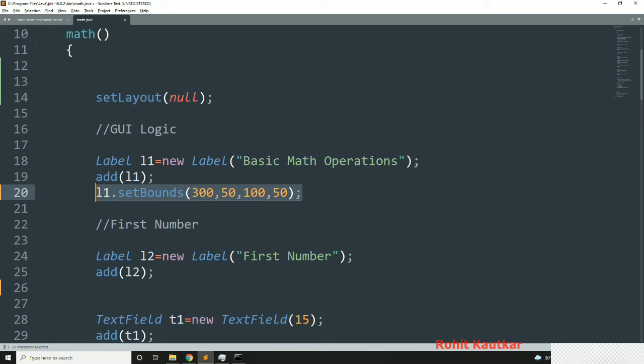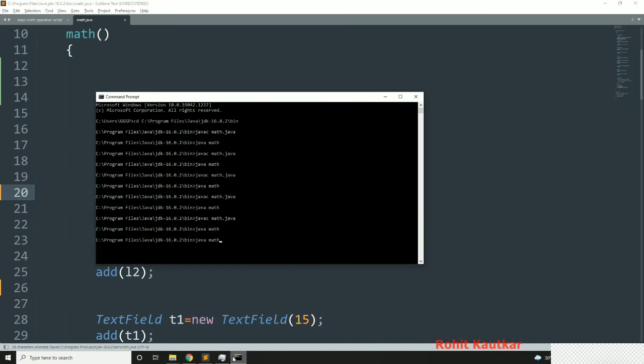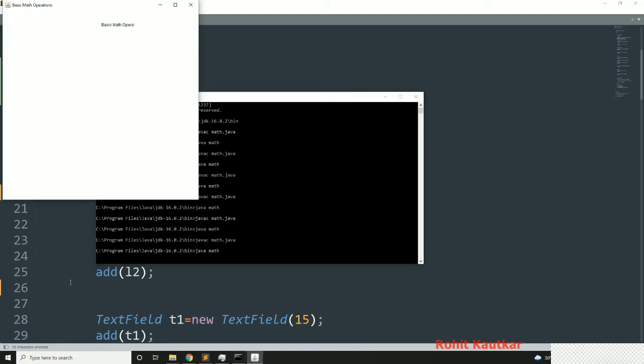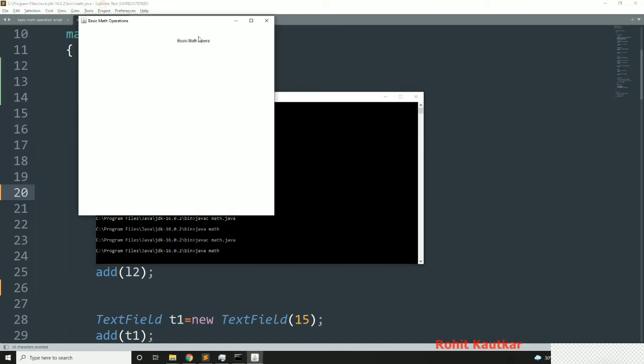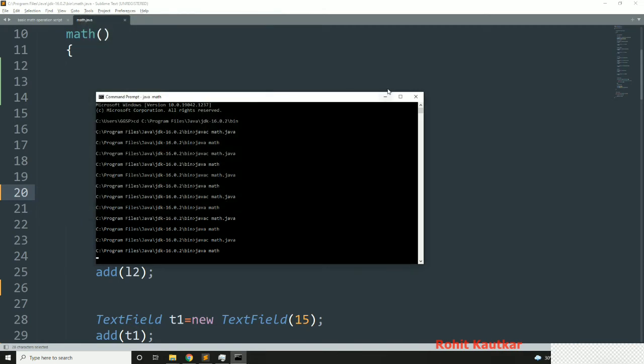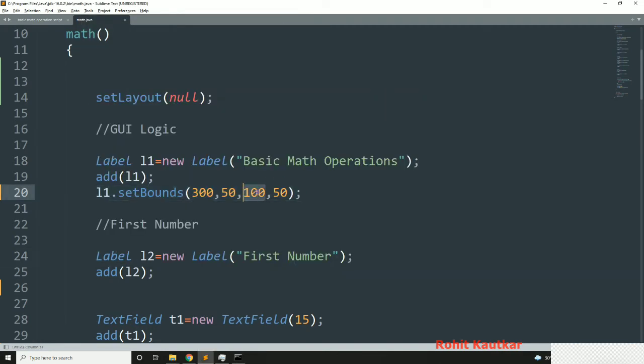Okay, and I will save this. Now let's try to compile. Okay, it got compiled. Now I will write Java math, and you can see we got this label, so width should be a little more over there, so this operation text will be visible. So I will increase its width to 200.